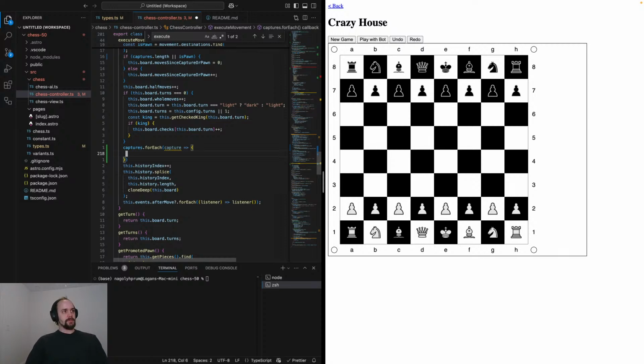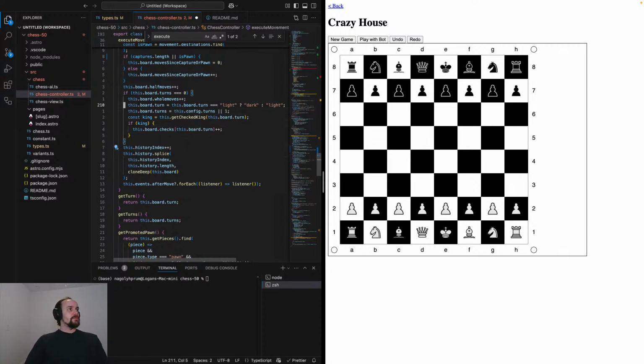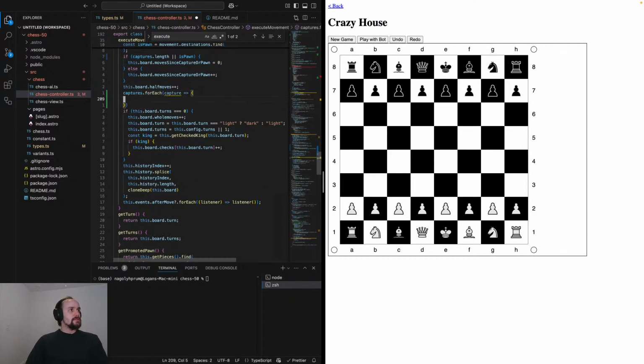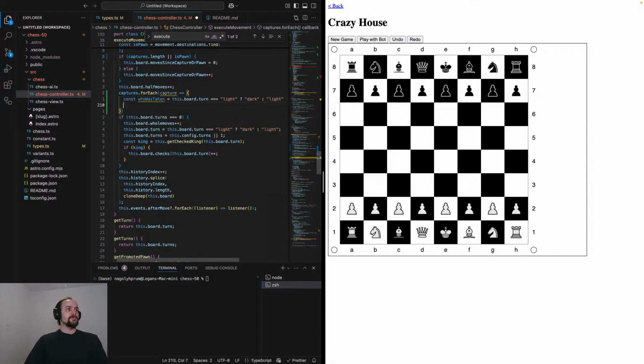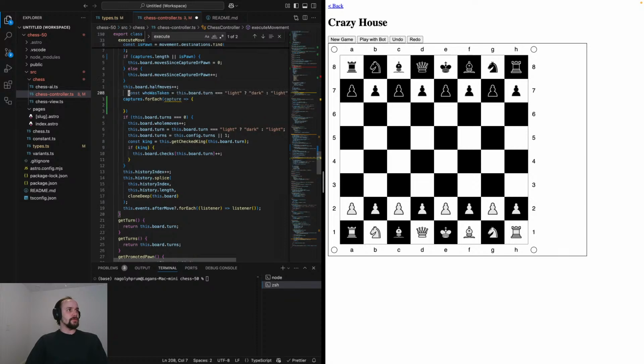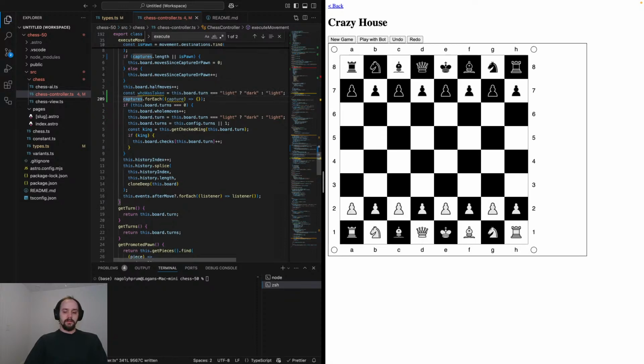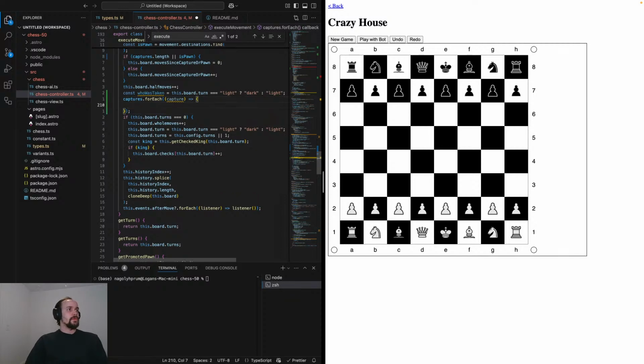No, we'll do it before the turn changes because multi-turn chess is going to be an issue otherwise. Who was taken? This dot or dot turn light. We're just trying to figure out who was taken here. We'll actually do it before the loop because we only need to figure it out once. And then we'll say this dot board dot